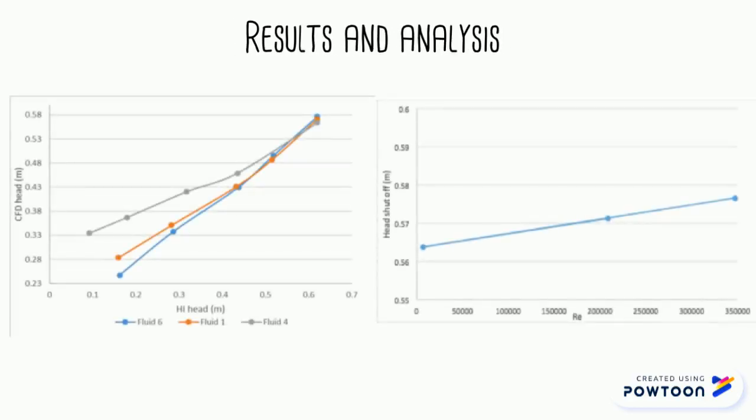On the other hand, the Reynolds number versus the head at the shutoff point was obtained. As mentioned before, it is expected that the head at the shutoff point increases as the Reynolds number increases. CFD results show this behavior since it considers that the head at this point is affected by viscous and denser fluids. When comparing these results with the ones obtained by the HI method, the difference in the behaviors shown in the figure is attributed to the fact that the HI method considers the head at the shutoff to be independent of